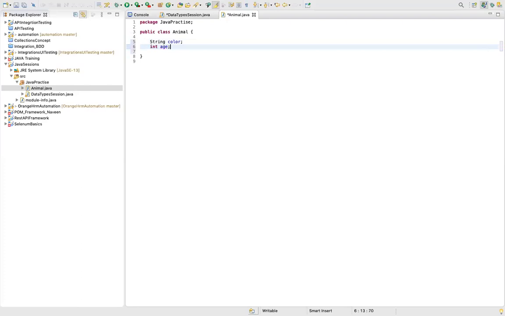Okay, so you can define color, you can define age, you can define herbivorous or carnivorous, maybe depending on food habits. So these could be data which you can have for any particular class. For example, if you create a class as human, right? Each and every human being has their own color, they have different behavior, right? So in terms of behavior, what behavior can a human have? All those behaviors will be categorized as methods.